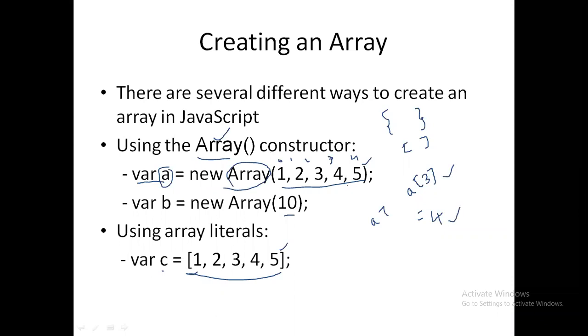If I say a of 4, then I'm going to get the result 5. If I say a of 5, then it will say there is no value, that means it is crossing your array. So it will give me an error, because it is not available over here. And I cannot give any negative value for this. So I cannot go for negative values. Indexes are always specified with positive values, no negative values. Okay, so we'll see an example of this.